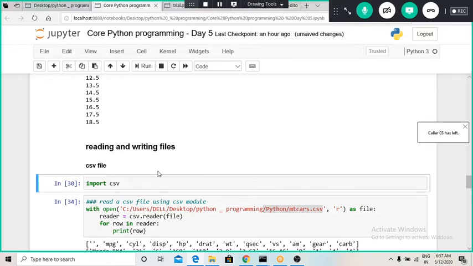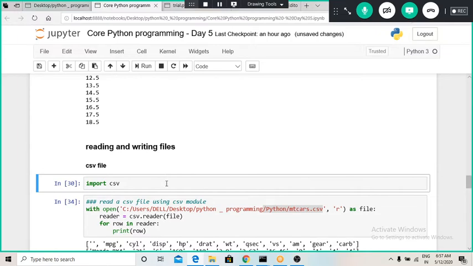Also, if data is stored in a text format, like if we are working on some NLP related project, natural language processing related project, then we have to make sure that we are able to import that particular file into our Python shell and access it. So for such operations we have to study how to import a particular file.